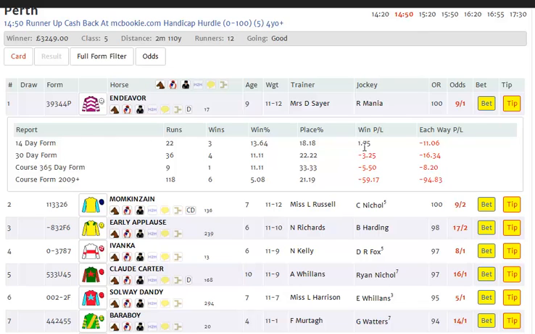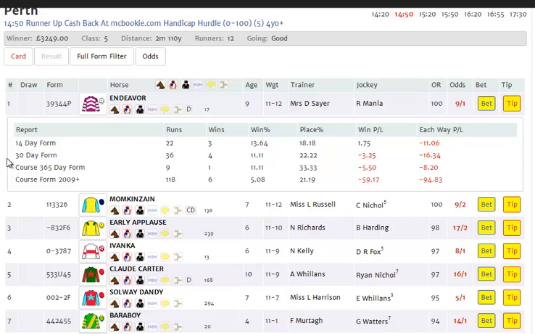That's the win percentage. He's also ridden what looks like 1 additional placed horse, so that's the place percentage. We can see his win profit and loss there, and his each way profit and loss, which is calculated against a quarter or a fifth the odds, depending on the number of runners and the race type. So this is an accurate calculation of his each way performance. We've got the same data for a 30-day view, so the last month. We can see Ryan rode 4 winners from 36 rides, placed another 4 times. They're not spectacular form figures, and